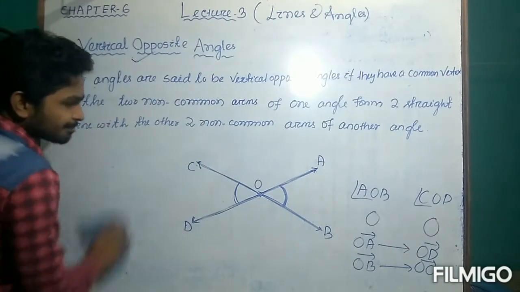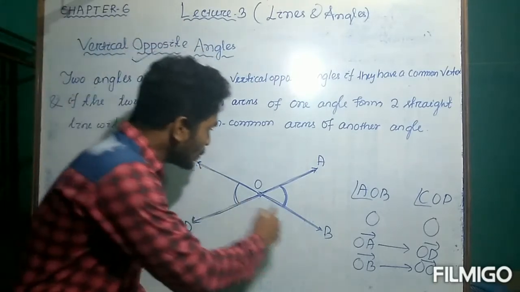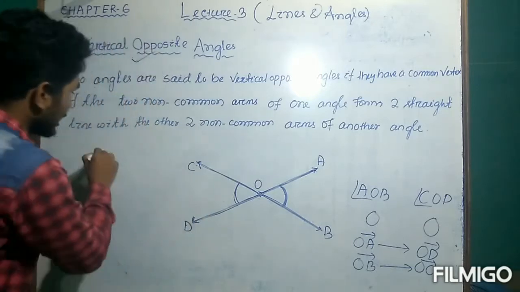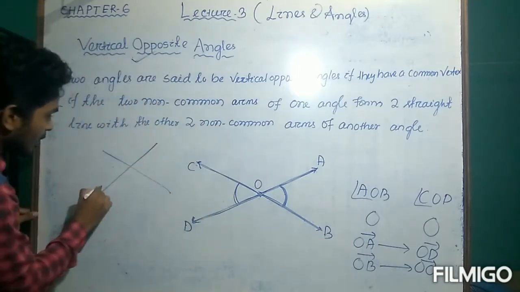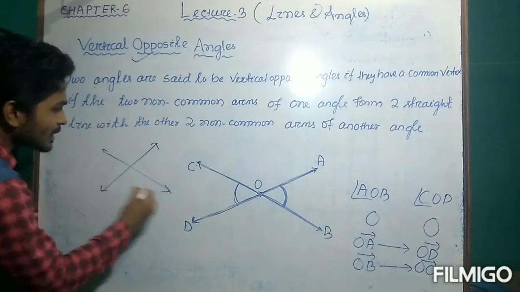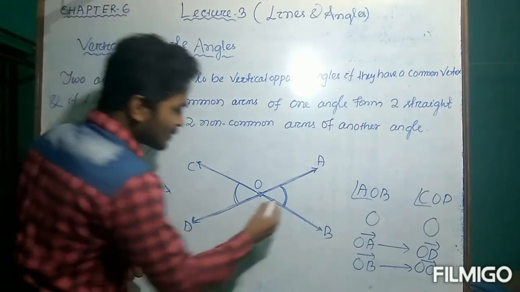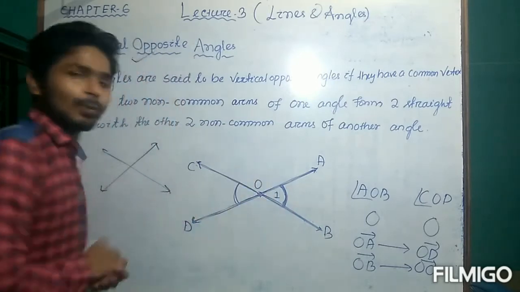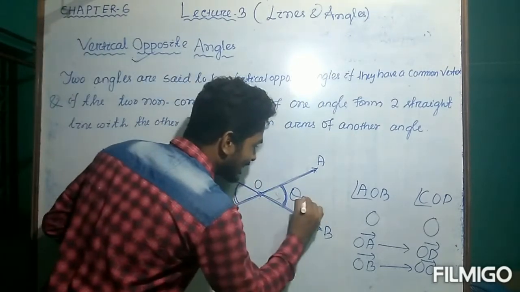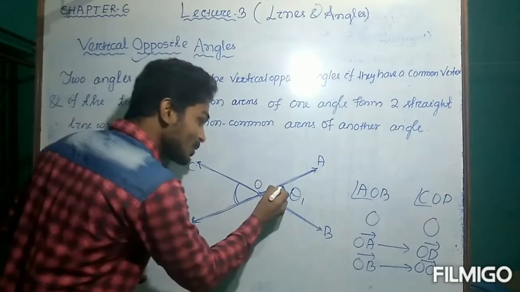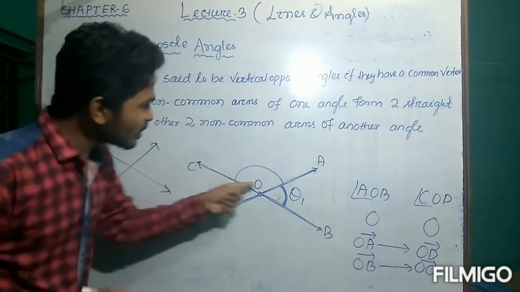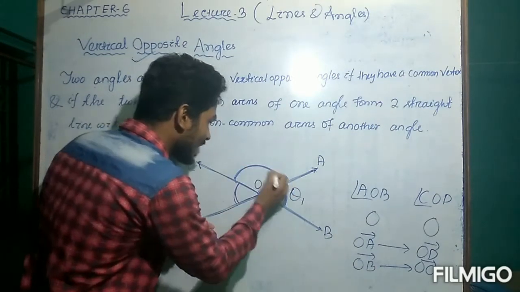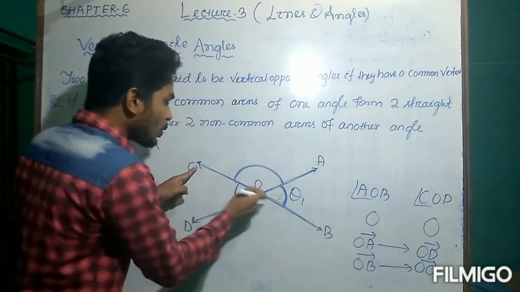Now you see, whenever two straight lines cross each other like this, how many angles are formed actually? One. Suppose this is angle 1, or you can take it as theta 1. This is also another angle, or not? Yes, this is also an angle, because for this angle,